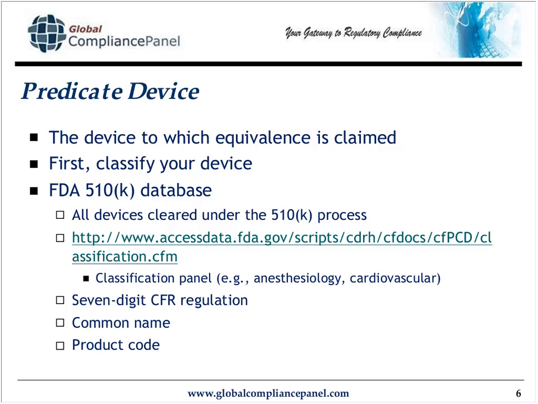But in the situation where you don't know this at all, maybe you're a small startup, you haven't written a 510K before, and many of us have been there, you go to this website and you look at the classification panel, and you pretty much just look throughout the 7-digit CFR regulations. The fields are common name and product code, and you just look to see the device that you believe your device is. Once you do that, you're able to locate on the FDA website predicate devices to compare your device to.